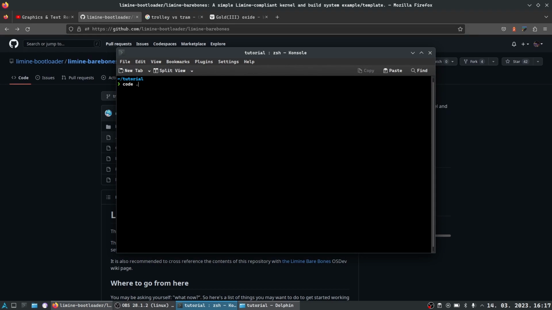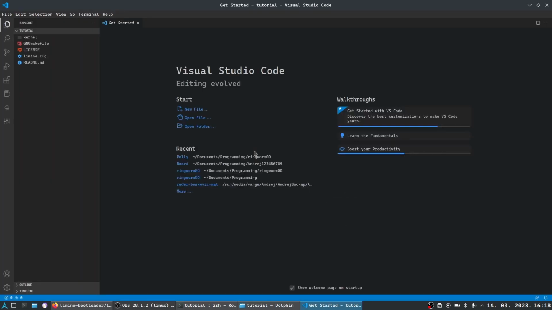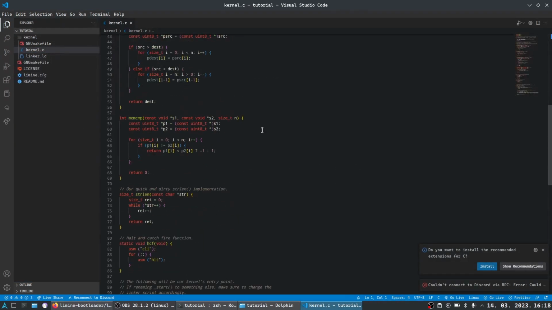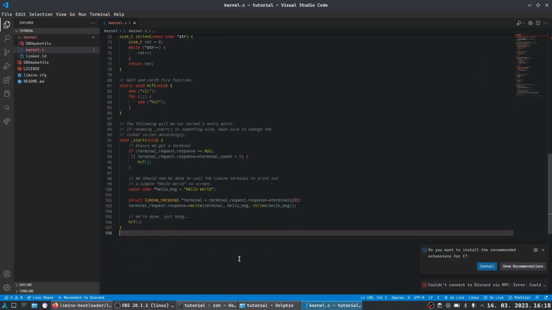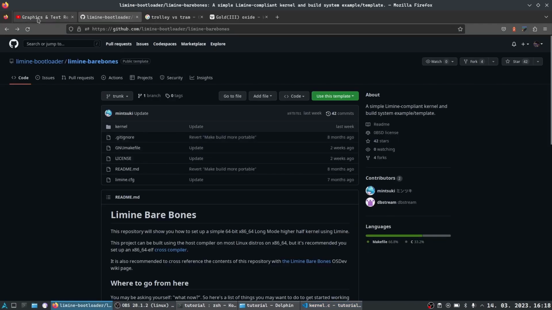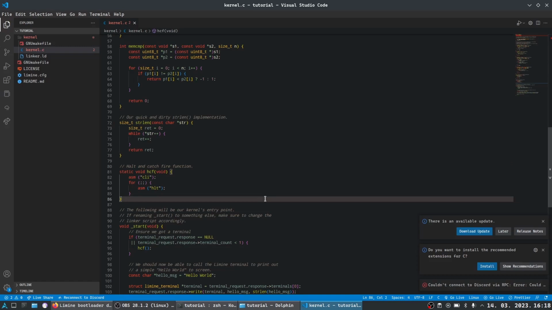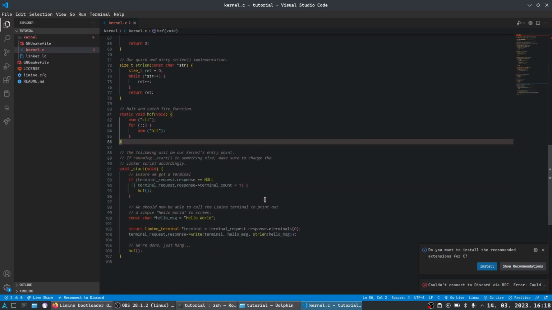So we are going to open it in Visual Studio Code. You can open it in any text or code editor which you want. You can use NeoVim, Vim, Atom, Sublime Text if you like paying for editing text. I'm going to use Visual Studio Code, and here we go. So this is some code to get started, which is very similar to the code shown in my previous video. I'm not going to do anything with this. We don't need it. I'm here to load the font. But before I write new code,